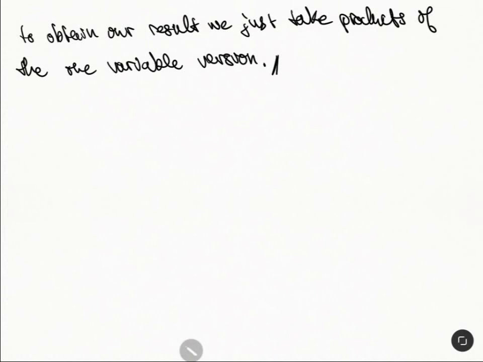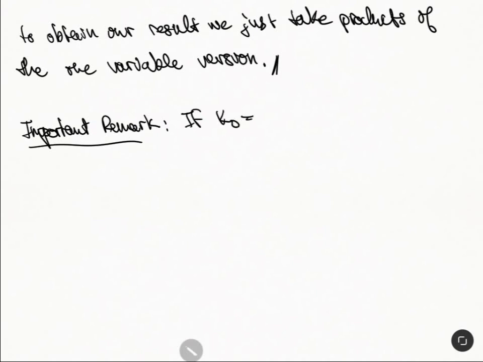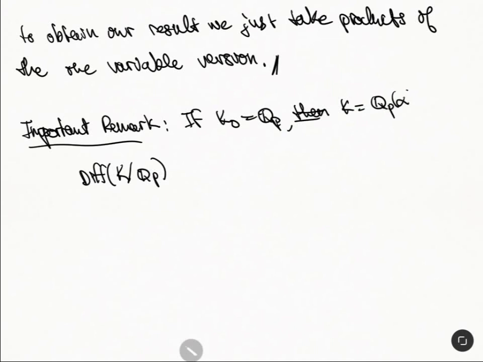And so the remark that I guess we should make here is that, so there's kind of an important remark. If K0 is Q_p, then what can we do? So then it turns out that the different of, let's say, K over Q_p. Okay, so if K0 is Q_p, and let's say K looks like Q_p adjoin alpha, where alpha has minimal polynomial